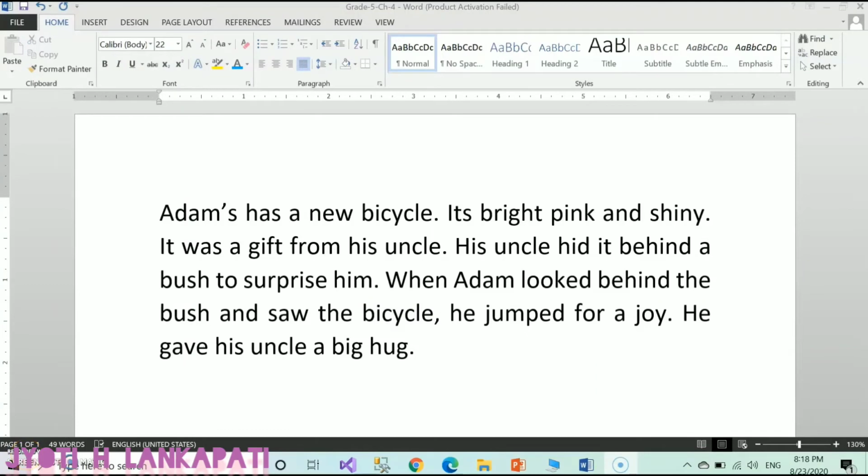When you are working with large documents, Word provides the facility to search your document using the find feature. See, over here I am having one paragraph. I want to find one word. Suppose bicycle. That how many times it's written. So click on the Find button in the editing group on the Home tab.